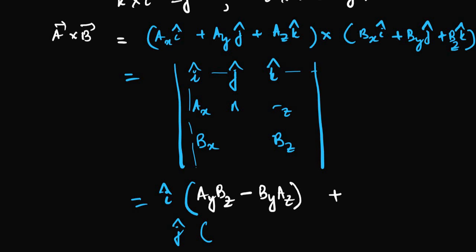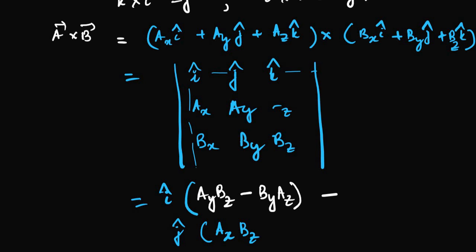I will leave this AY and BY and simply multiply AX BZ, as it is written in a cyclic manner. So I will simply take a minus sign. Remember, for j, the middle one, I will take a minus sign and write the answer. Now it is AX BZ,